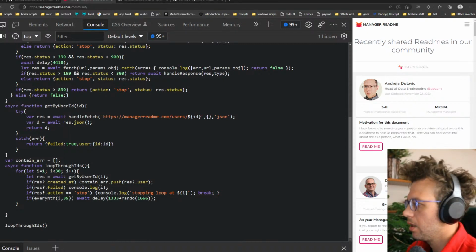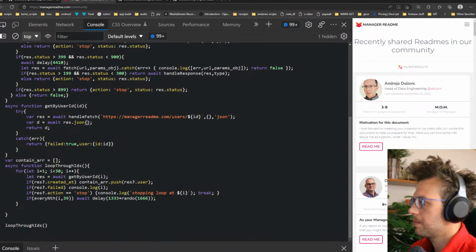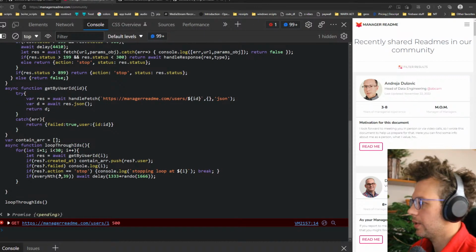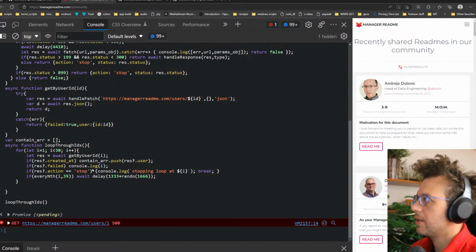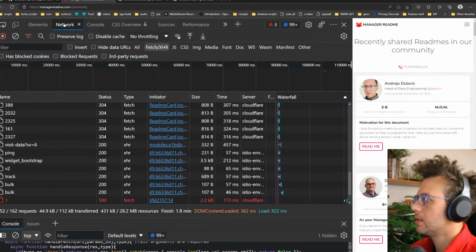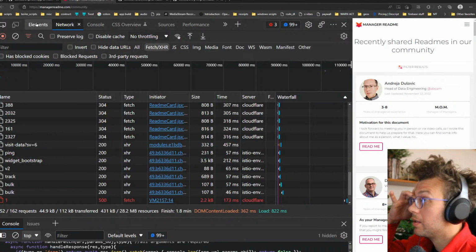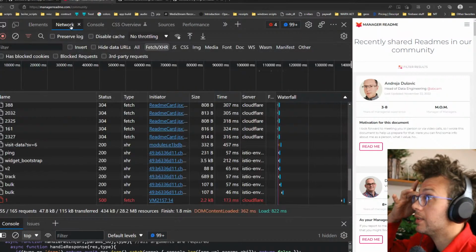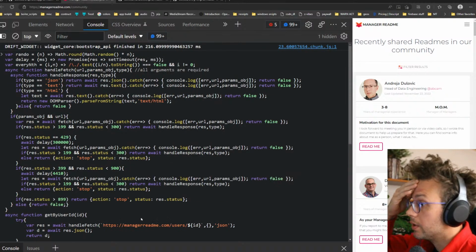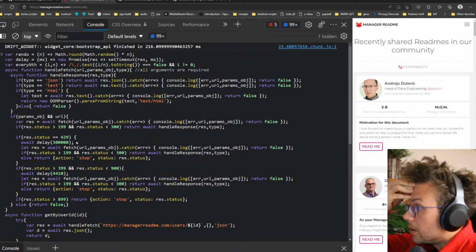Okay. So I have to think about this a little bit differently because we're not just running it here. But let's go ahead and test it. So 500 response. All right. So on a 500, the handle fetch is doing something different. What are we doing there? So on a